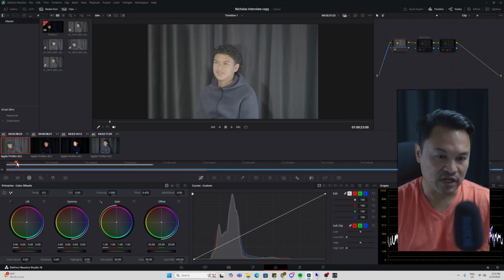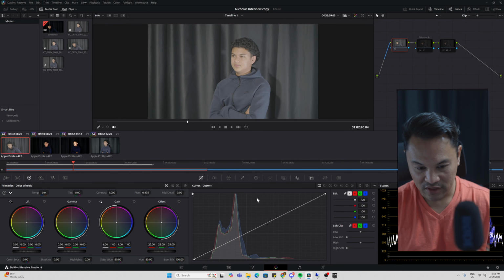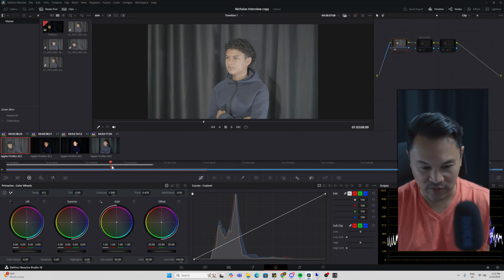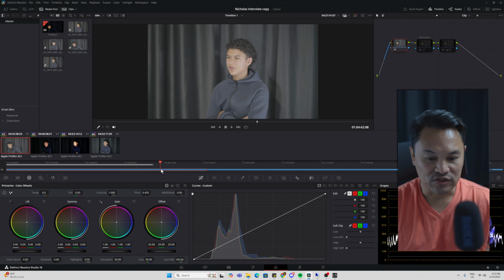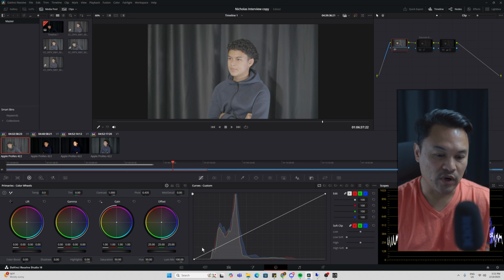Okay, so as I go through this clip, you'll notice that curve down there, this area, is moving within a pretty well-defined range, right? So for all intents and purposes, all of this color information here in the highlights, you don't need. All of this color information in the shadows, you don't need. So one of the tricks to quickly get from a washed out log file to something that you can start to work with is,